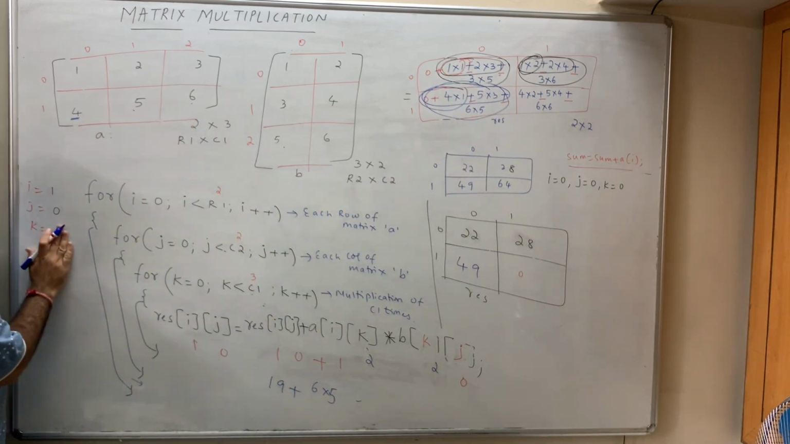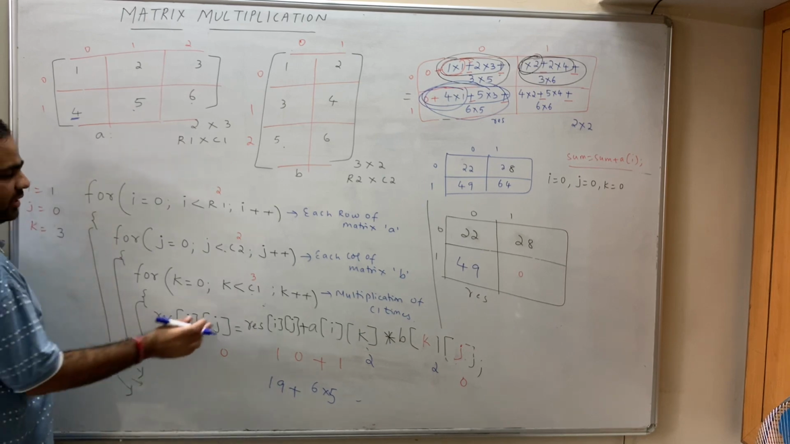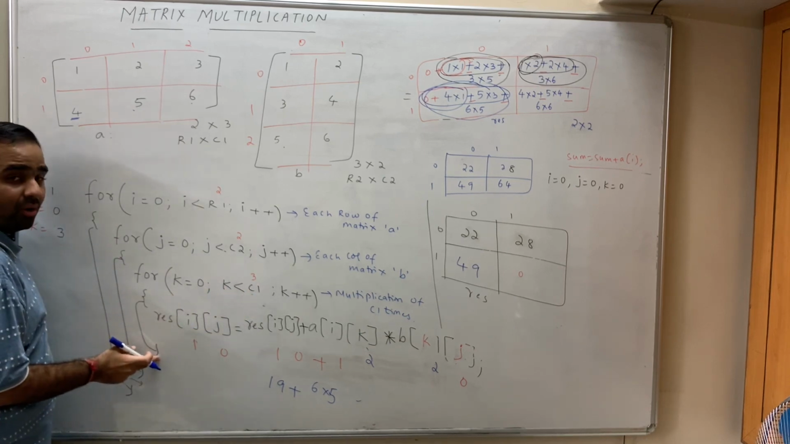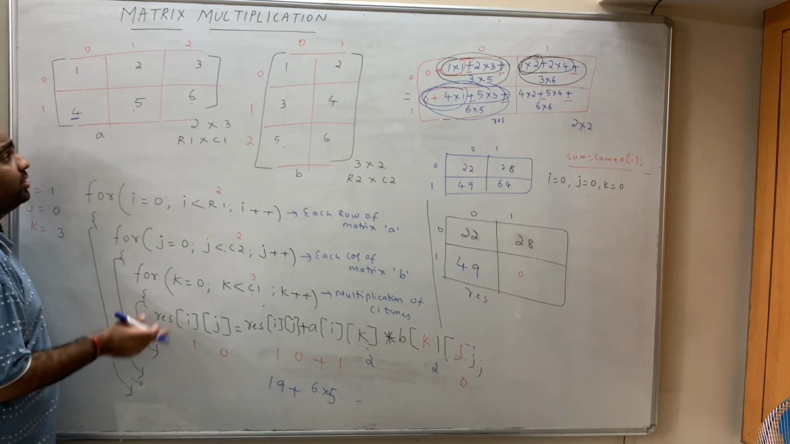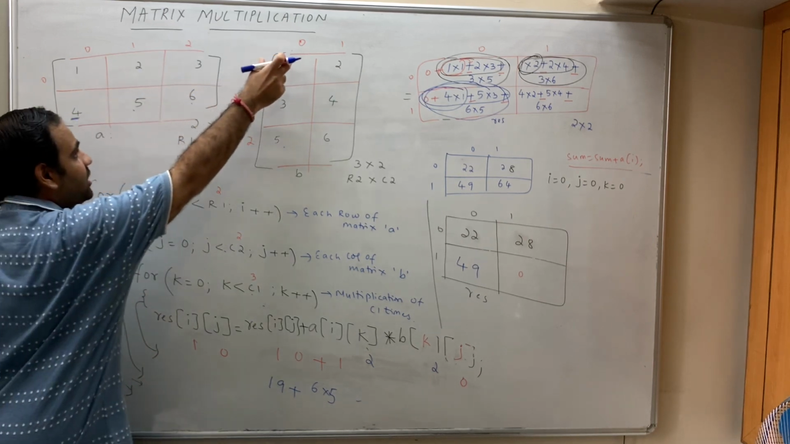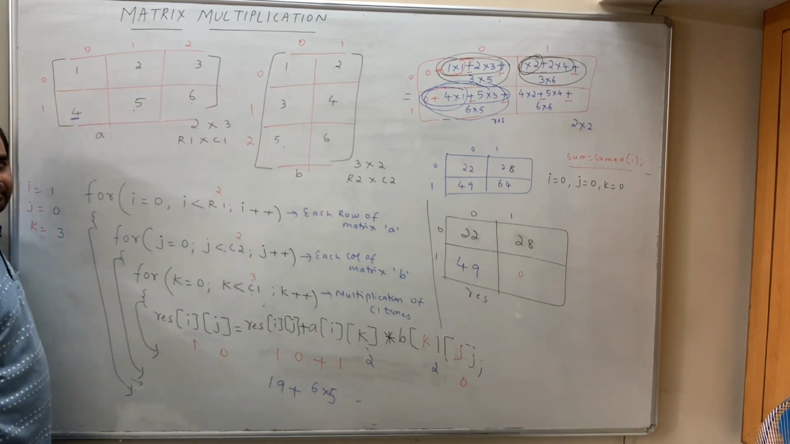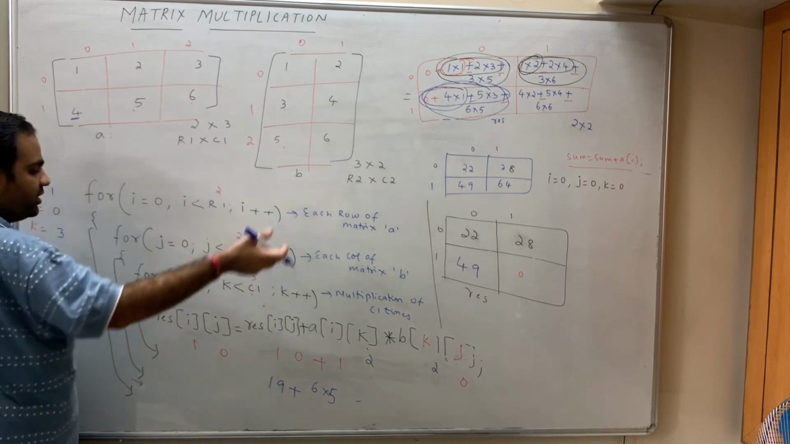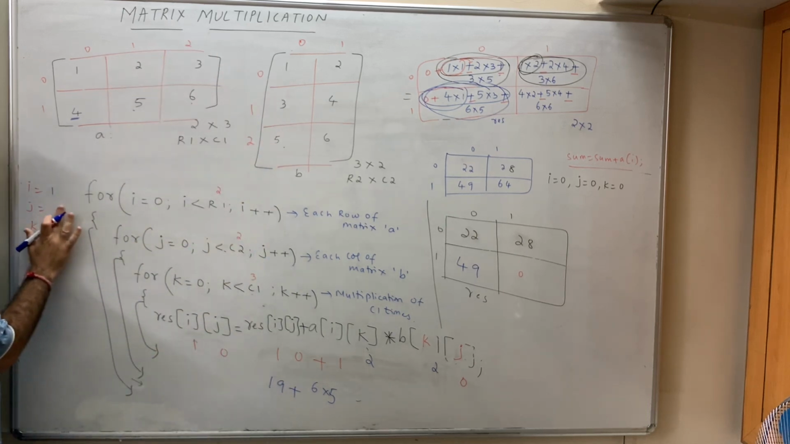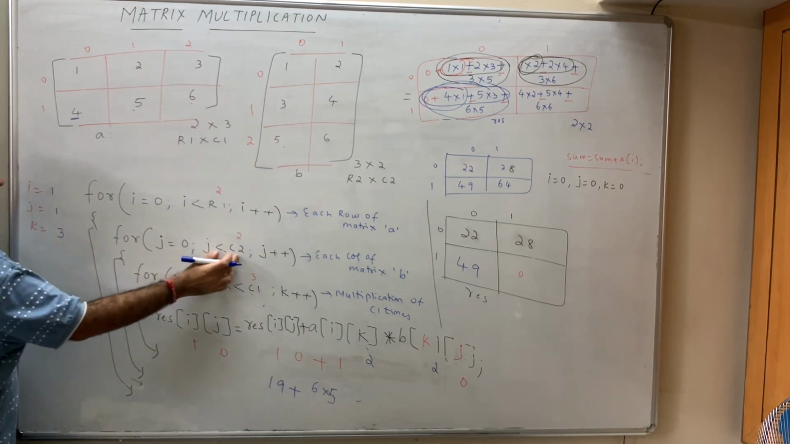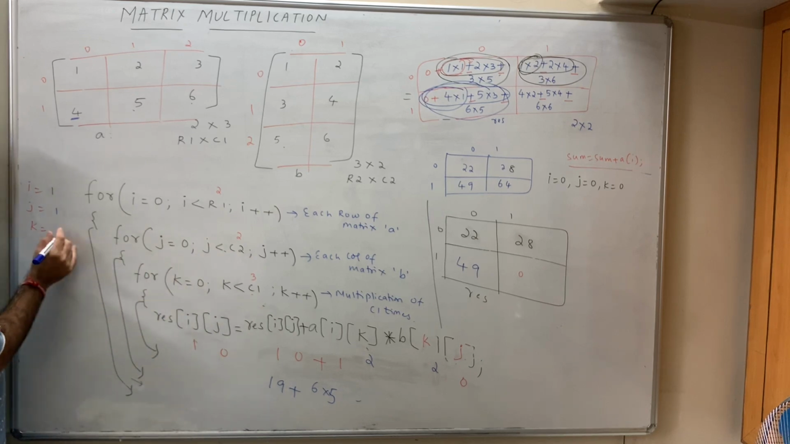Now again you say k plus plus. K becomes 3. 3 less than 3 is false. You come out, and when you come out, what does it mean? It means the first row is multiplied with the 0th column. Now you have to multiply the first row with the first column. You come out. Again you say j plus plus. J becomes 1. 1 less than 2, yes. Again the value of k